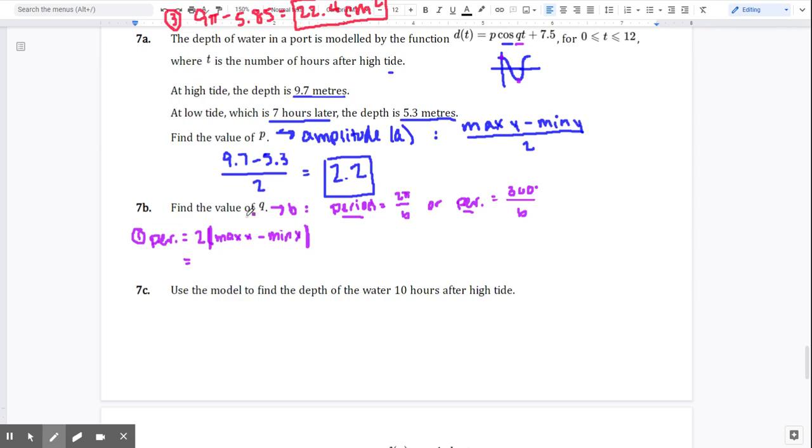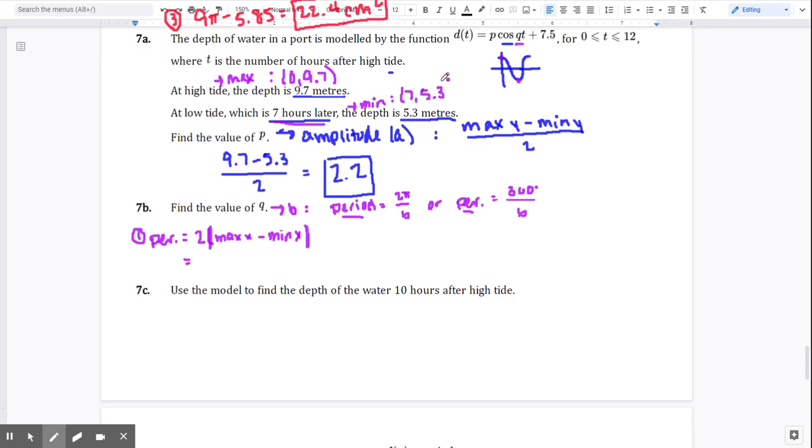So I'm saying that, and you're probably thinking, well, I don't have an x value at all here. However, they did say that at high tide, which is a max, the depth is 9.7. I know that's the y value, but that means that this maximum point was at 9.7. At low tide, which is 7 hours later, the depth was 5.3 meters. So that means my min point, if you will, would be at